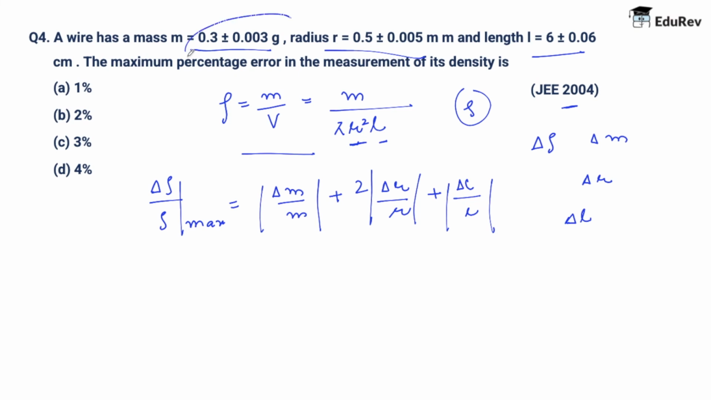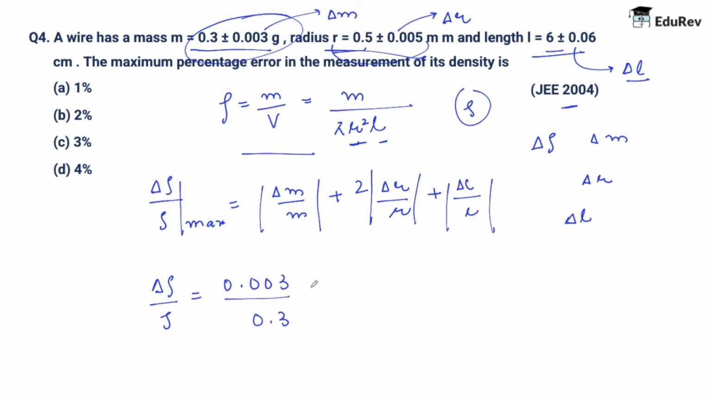So I'm going to substitute these values of M and delta M, then R and delta R, then L and delta L into this equation, and then we'll solve again. So delta rho by rho is going to be what? Delta M upon M is 0.003 upon 0.3, plus 2 into delta R upon R, which is 0.005 upon 0.5, plus delta L upon L, which is 0.06 upon 6. So when I solve this whole thing, it will be